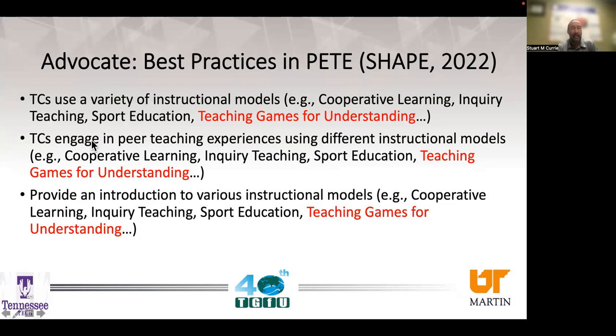Teaching candidates engage in peer teaching experiences using TGfU, game-based approach, and then provides an introduction to various instructional models. And that's what we think this course has been able to do. It provides our students with a slightly different approach for teaching physical education.